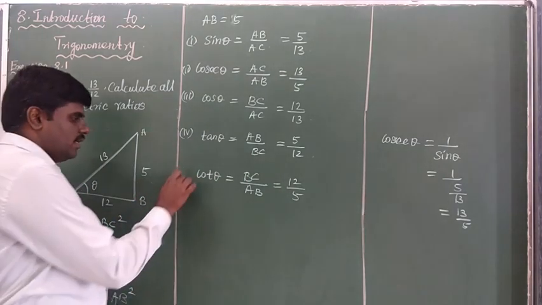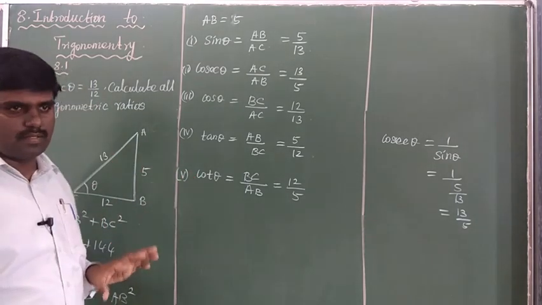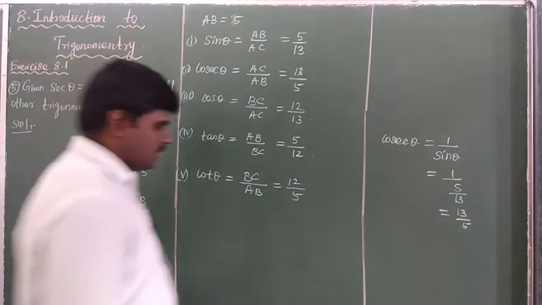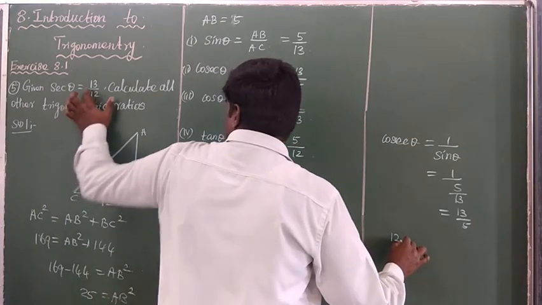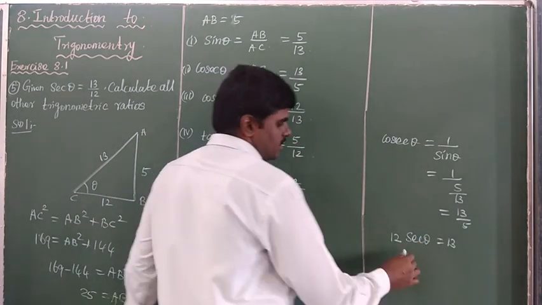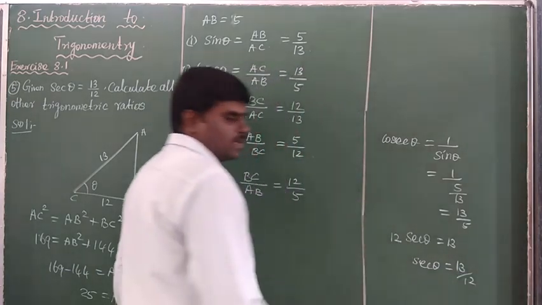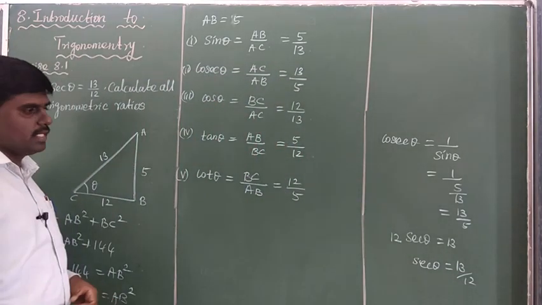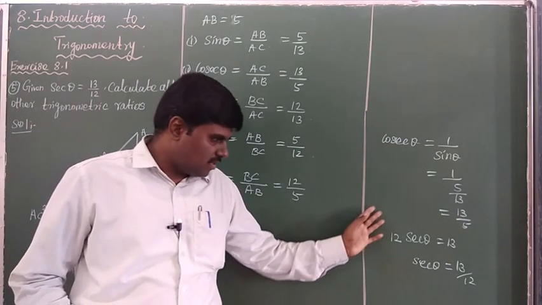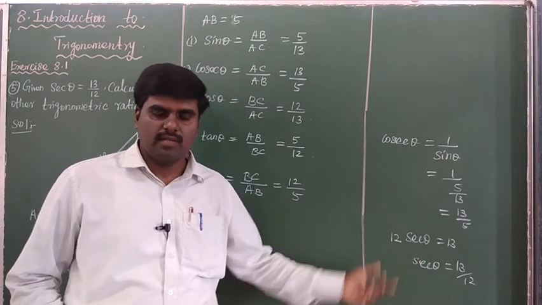This is about trigonometry ratios. There are a total of 6 trigonometry ratios. If any one is given, the remaining 5 can be found. Same problem: suppose the given problem is 12 by 13 secant theta, that is given, so you will change accordingly. Secant theta is equal to 13 by 12. You will find out the values. Is that clear? Any problem? Suppose any problem is given with multiplication, then all terms are converted to denominators. Just find sin theta, cos theta, whatever it may be.